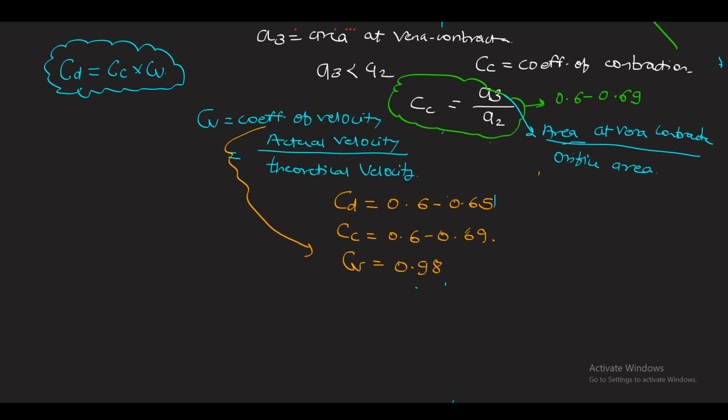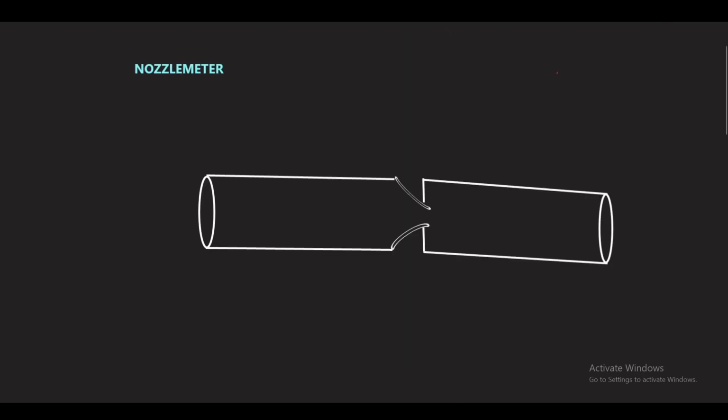Now the third application of Bernoulli's principle, if you apply Bernoulli's equation and principle, is the nozzle meter, or as some say, a flow nozzle. This is similar to the Venturi meter. As you can see in the diagram I have drawn, here is a short pipe, this is the convergent cone. What is the difference between the Venturi meter and the nozzle meter?